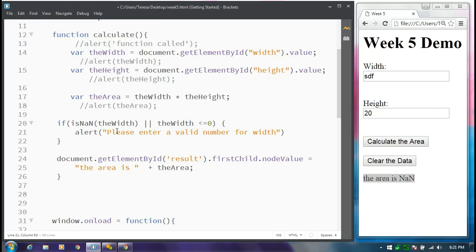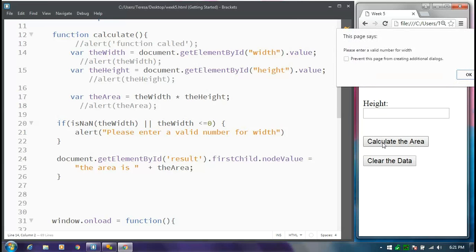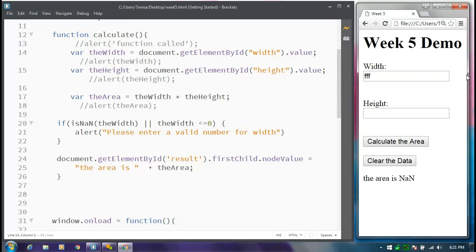All right, so let's save that. Control S. Let's go back. I'm going to reload. I'm going to put this in here, and I'm going to click Calculate. Okay, good. I have just tested that my if works because I see my alerts. All right, so I'm going to say okay. However,